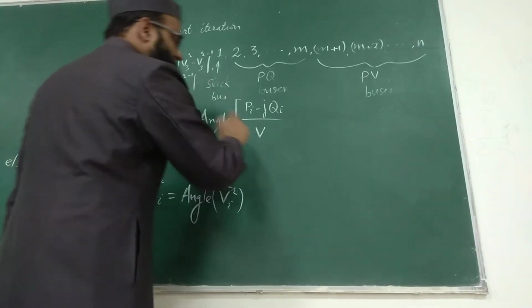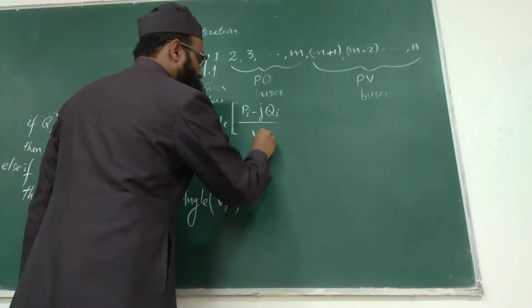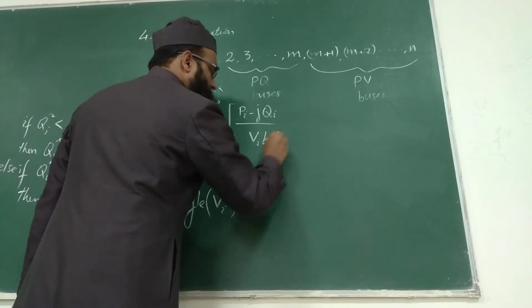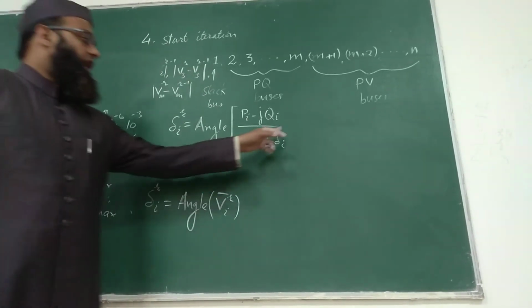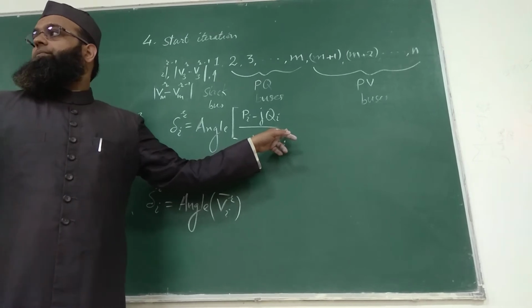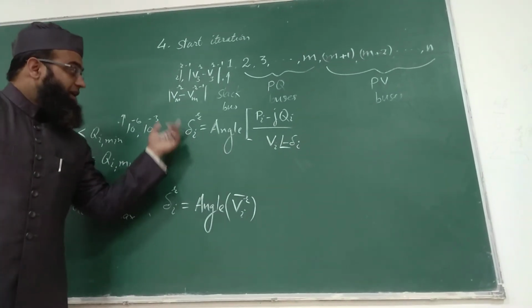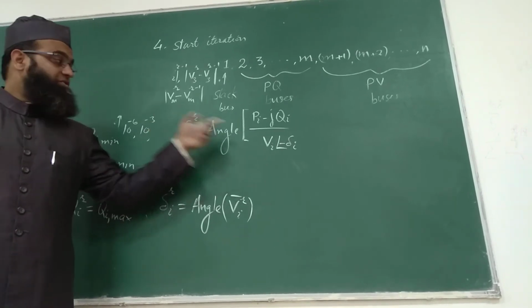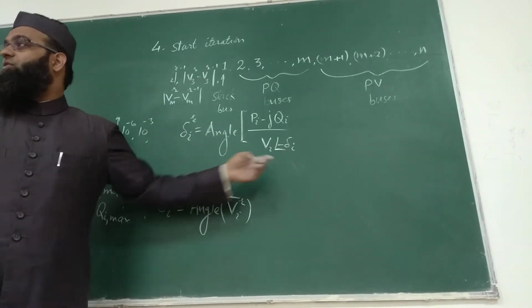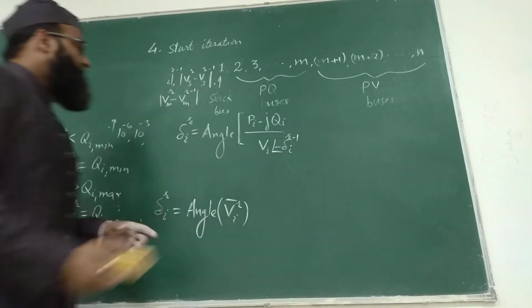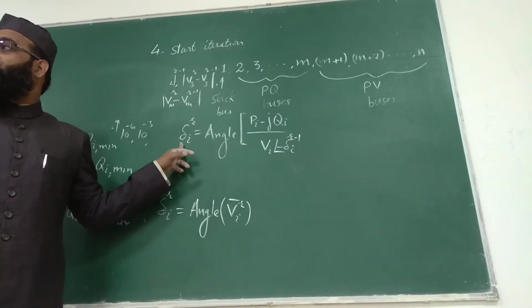So this is PV bus. This will be magnitude on a star conjugate. So delta I, what to write here? R or R minus 1? You have not evaluated delta IR, so you will substitute the previous iteration value, R minus 1. Okay. You are writing for PV bus.